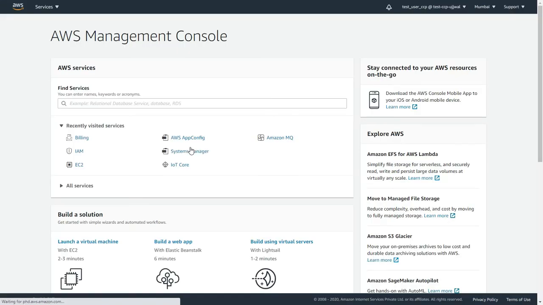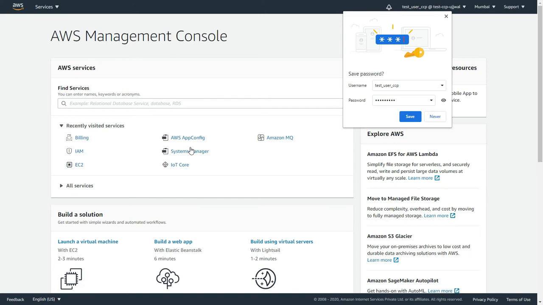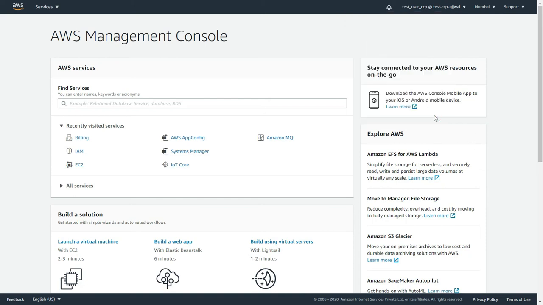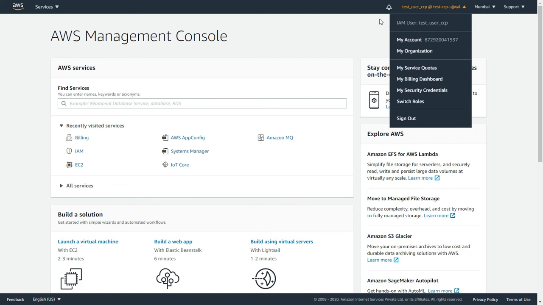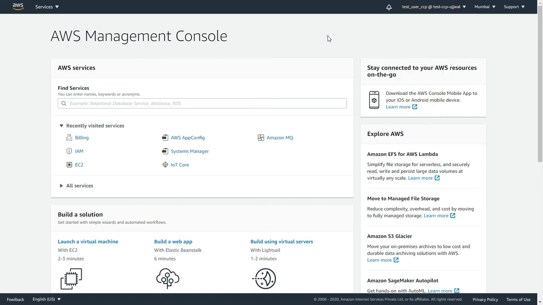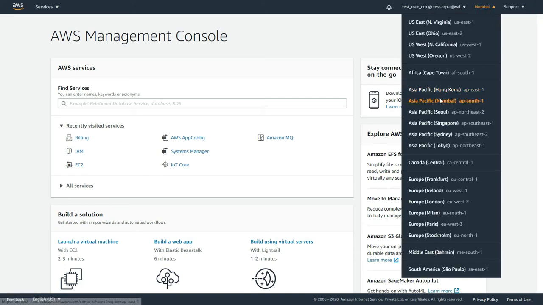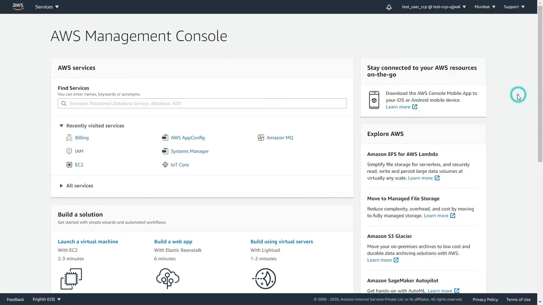So this is the AWS Management Console for my newly created IAM user. If you want to verify, you can see over here that it shows IAM user test user CCP, that newly created. You can select any region you want. I've selected Mumbai as it is the closest one for me.